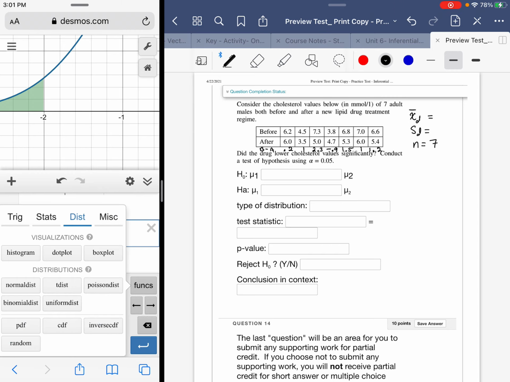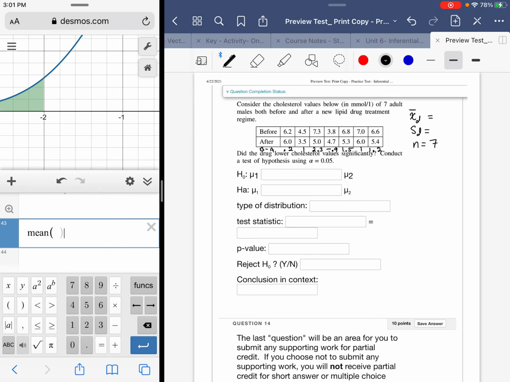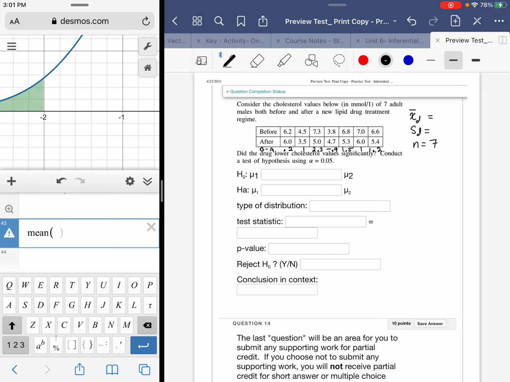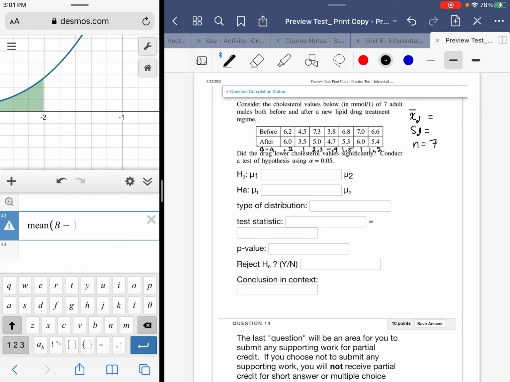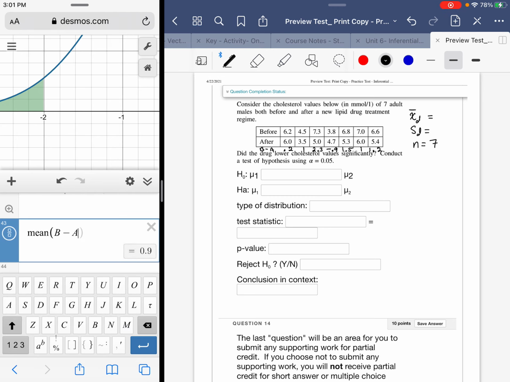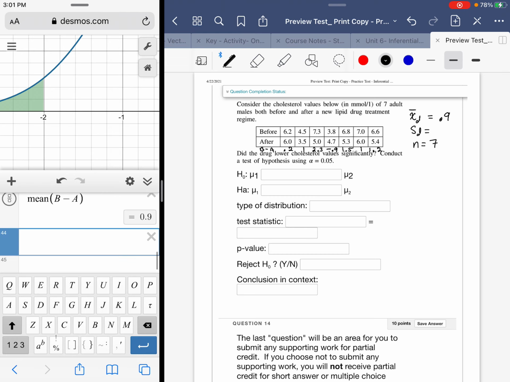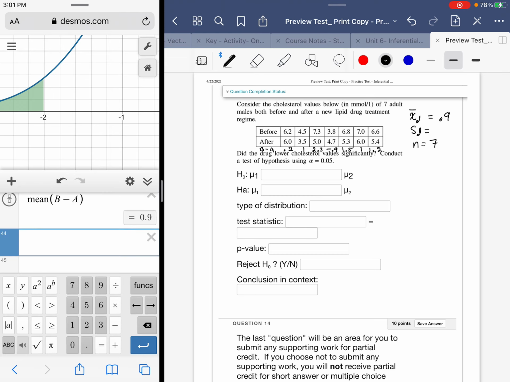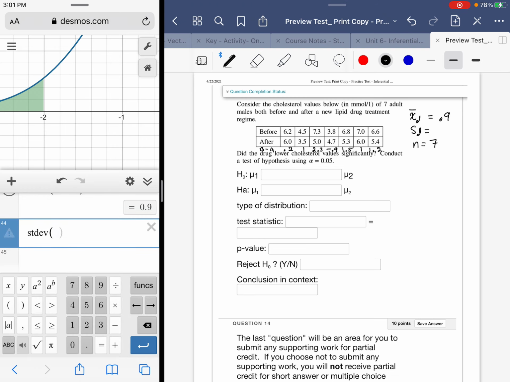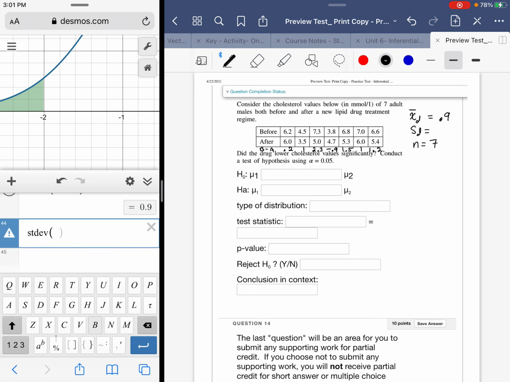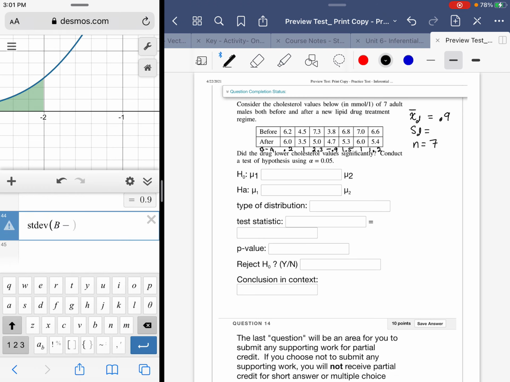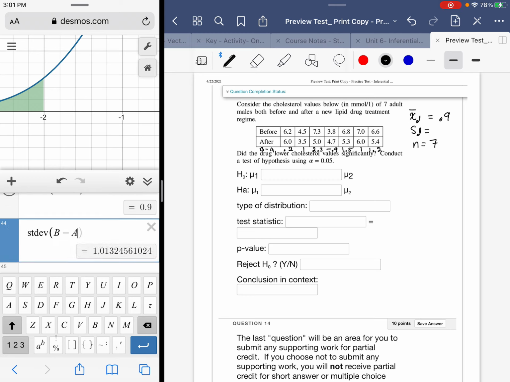So what I would do is go to function, stat, mean, B minus A, which is 0.9. Then I'm going to do the same thing with standard deviation. So standard deviation, B minus A, to 3 significant figures,